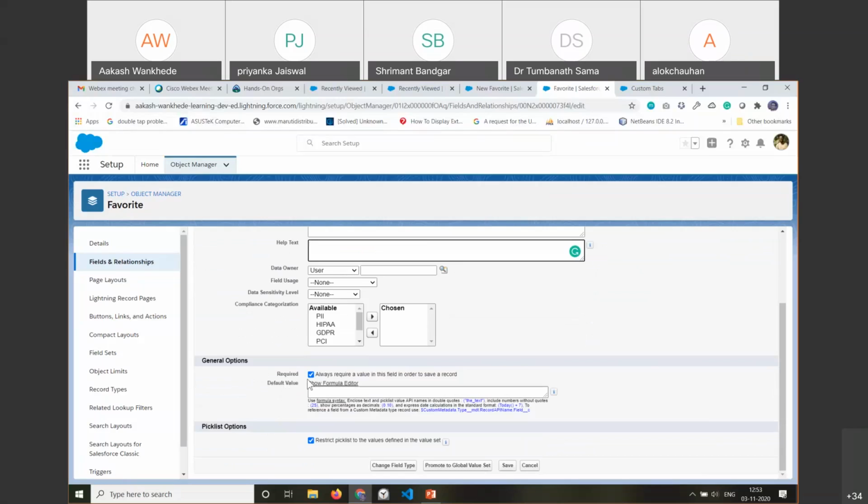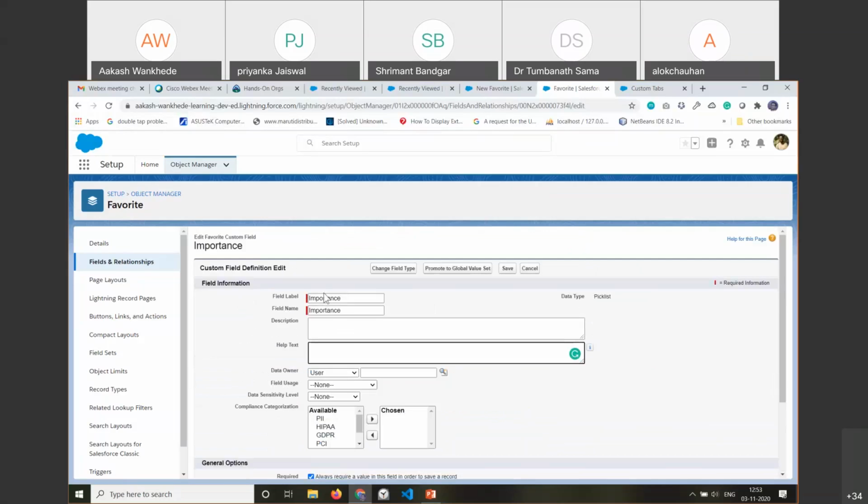So if you see, since we have marked it required over here, there is another option. If I want that the importance field should be